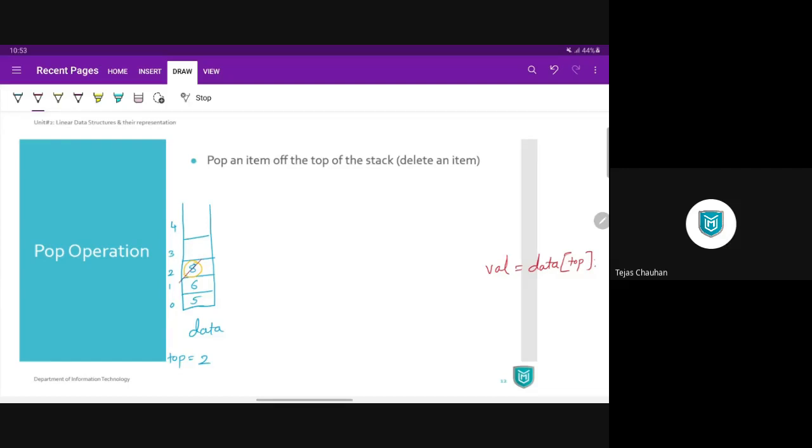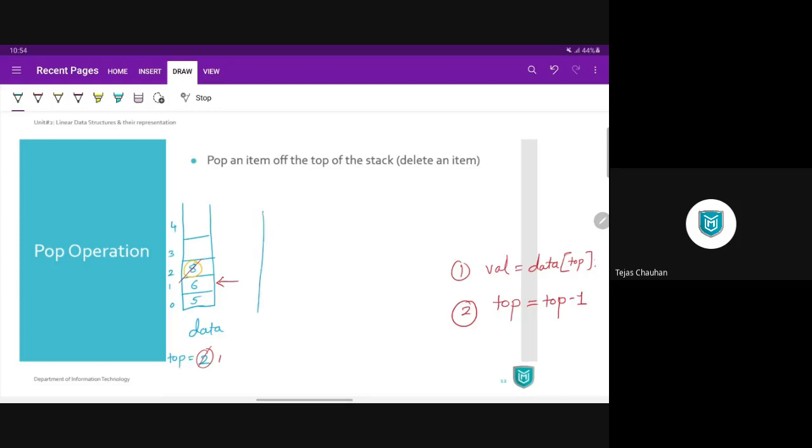Now if I remove my 8, then I need to decrease my top by 1, because if I delete 8, then the next topmost value is 6. So top should be decreased. So these are the 2 steps we need to perform.